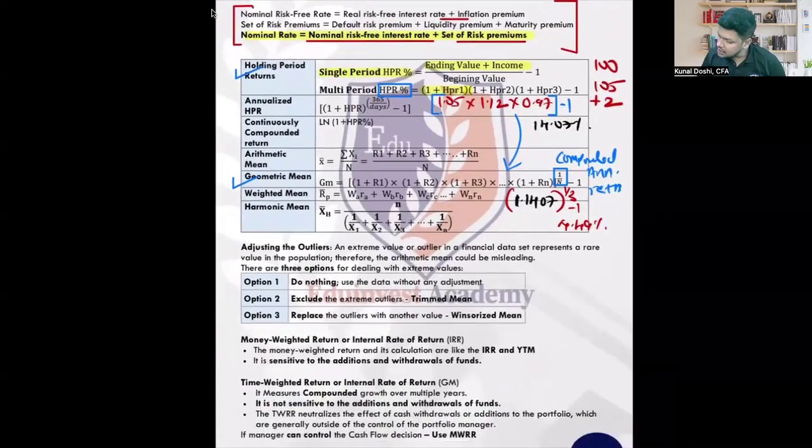So, I was discussing that I have a 5-day trading return which I want to compare with a benchmark which is annualized. What do I need to do? I can't make the annualized return for 5 days. Rather, I'll make the 5-day return annualized. So we annualize the holding period return: whatever is our holding period return, to the power 365 over days. Yes, to the power 365 over days.